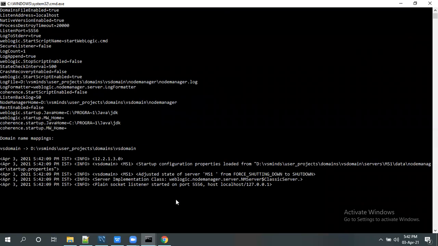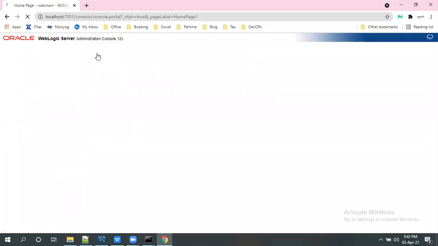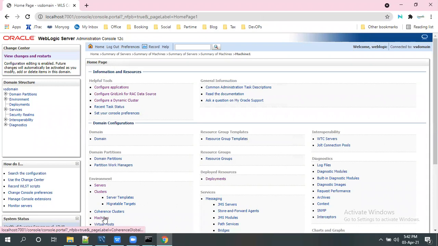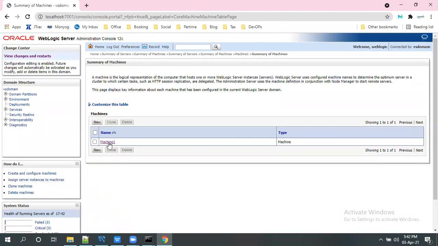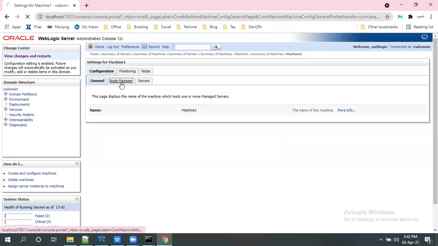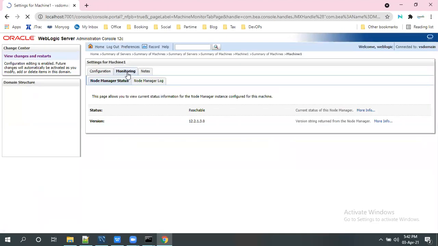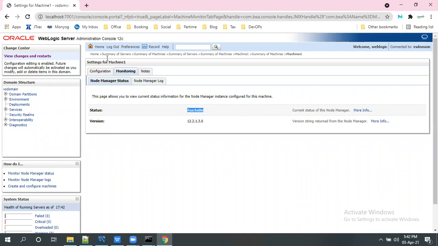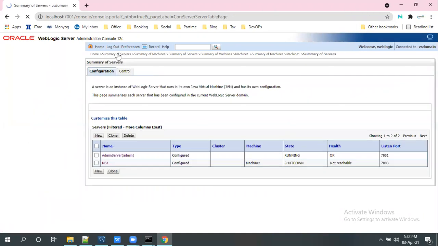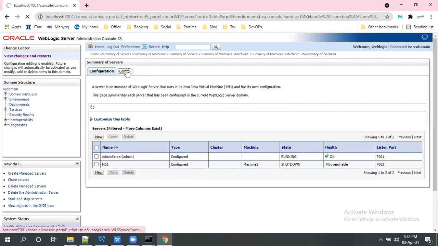See here, the plain socket listener started on port 5556, and MS1 is associated with this particular server, currently in shutdown state. Now you can refresh the console, go to the machines, select the machine, go to the monitoring, and the node manager status is reachable.